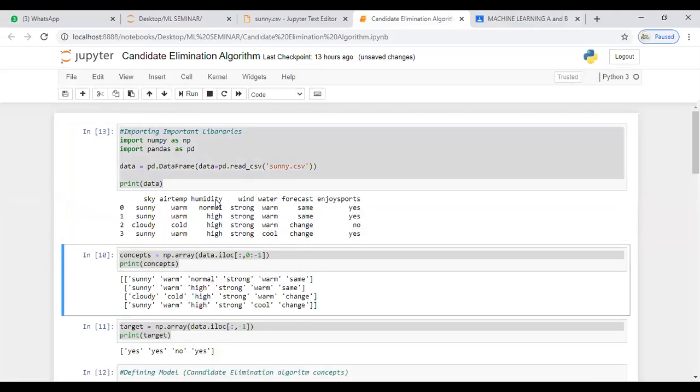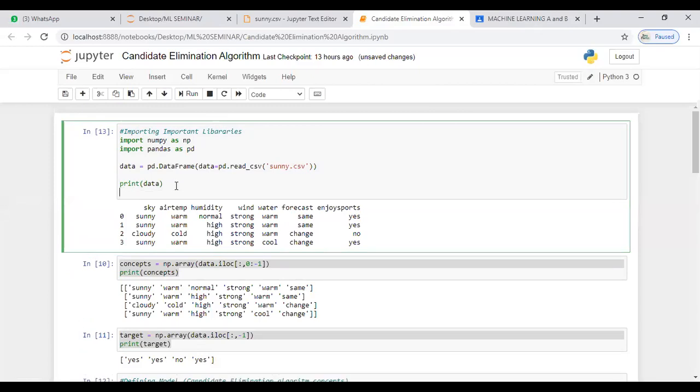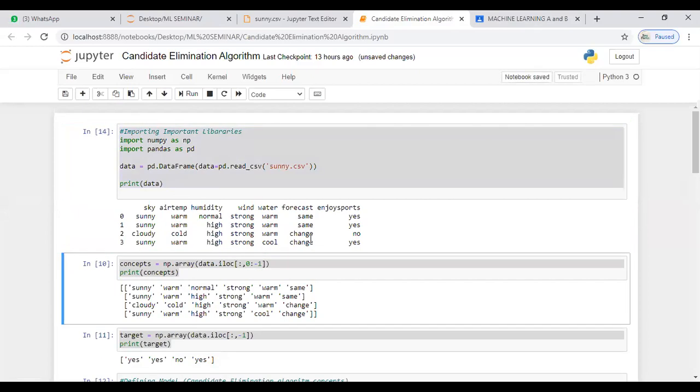You can find over here that I have executed. The execution in Jupyter is not like after writing the program you just need to press enter. No, it's not about that. You need to first select what portion of the program you need to execute. See, I want to execute this portion of my program, so select that and press shift enter. After this you'll get the execution, so you'll get the output. If not, you'll get an error.